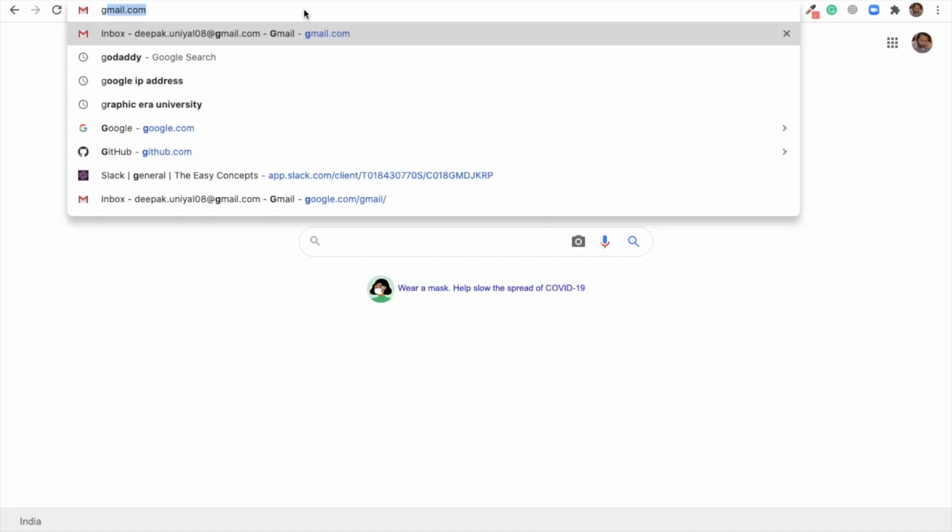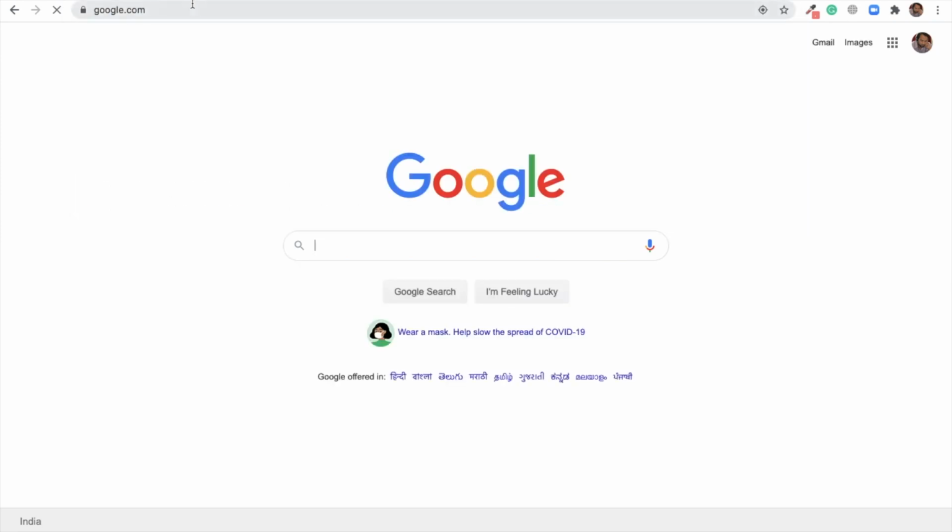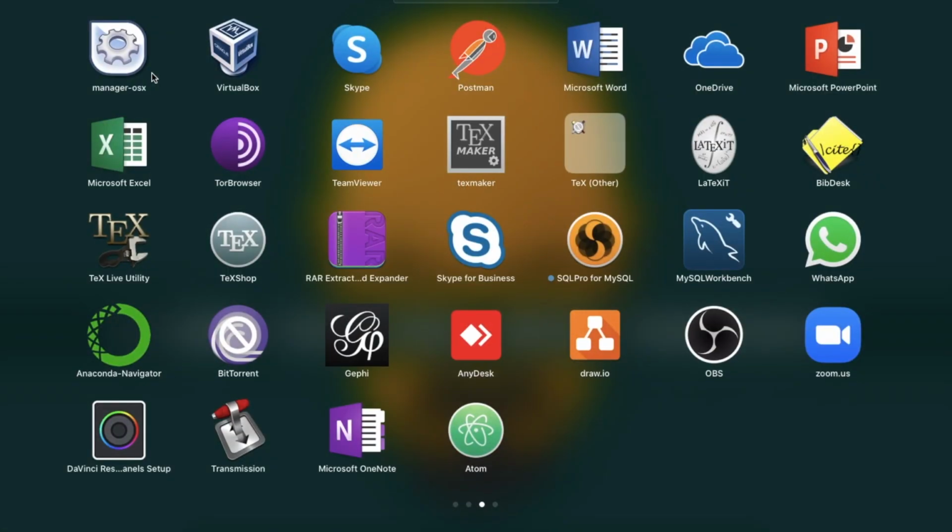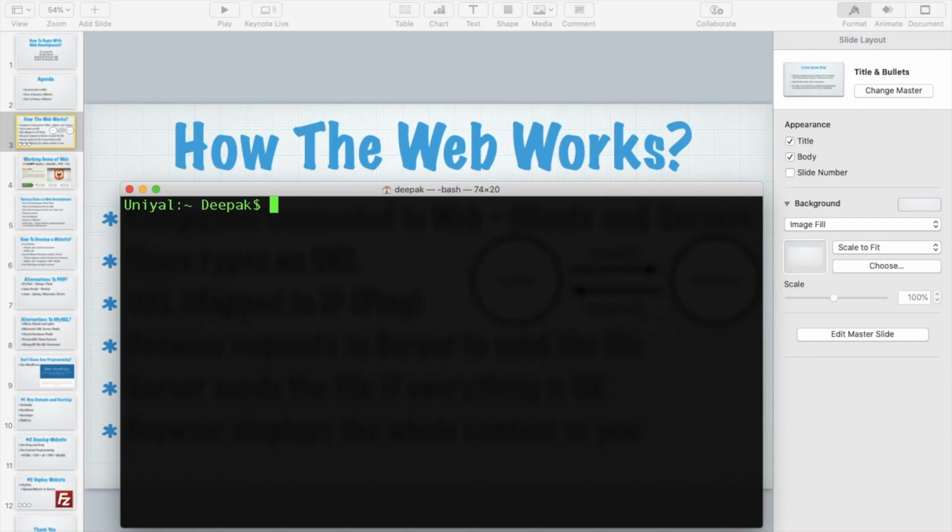But when you write google.com here, that URL is mapped to some IP address. And what is an IP address? How can you find out the IP address of Google? Let me show you the terminal. Here we have a terminal. If you are on Linux or Mac or Windows, it doesn't matter.